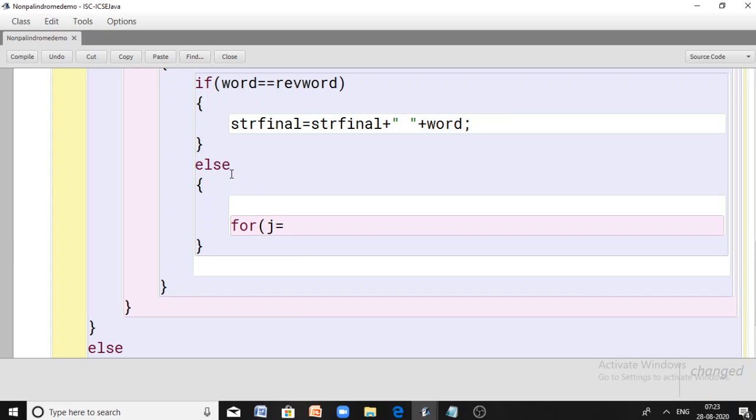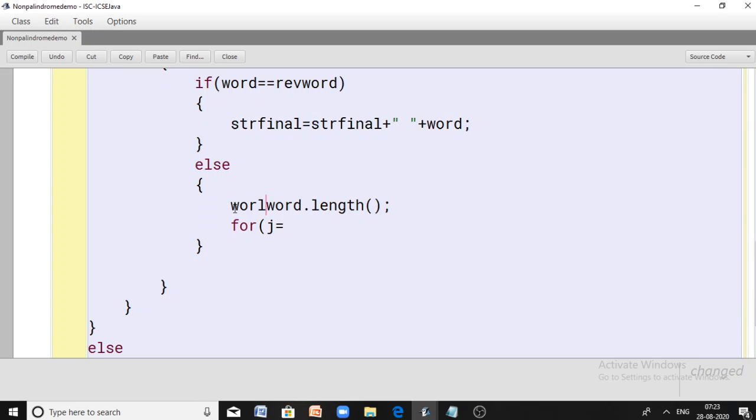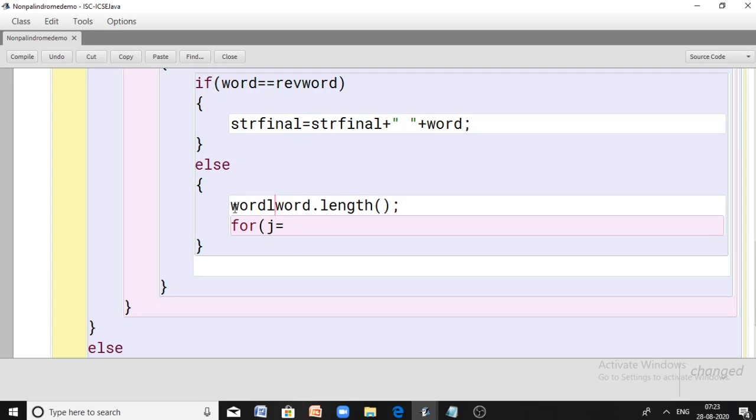The length of the word is calculated by word dot length. So word dot length is the length of the current word, and let me assign it to a separate variable, for example, word L, word length. And it should be declared in the previous section.